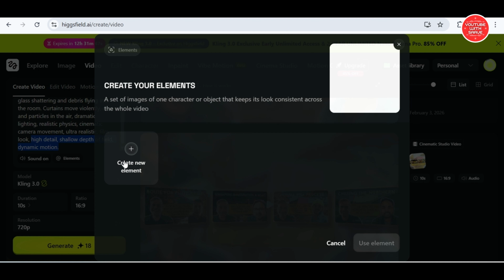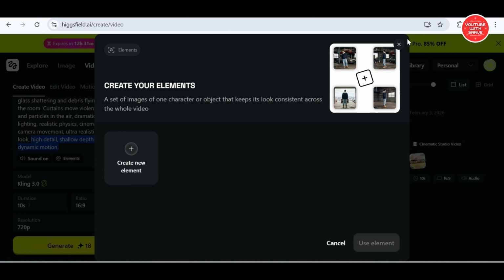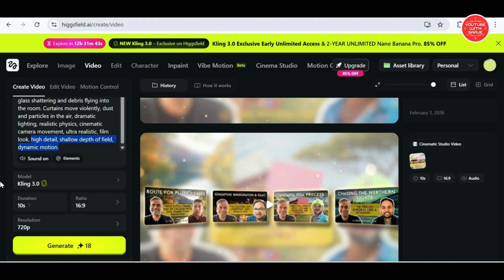You can select the elements if you are creating anything. It's a logo, it's a character which you have created. You can add duration, you can modify, as I shared earlier. Also, you can select even higher resolution, but it takes slower generation. So I selected this, and once you click on generate, I will directly showcase the output because I've created this one. So that was the prompt, and the output is,